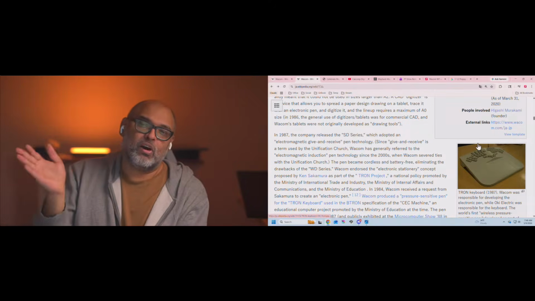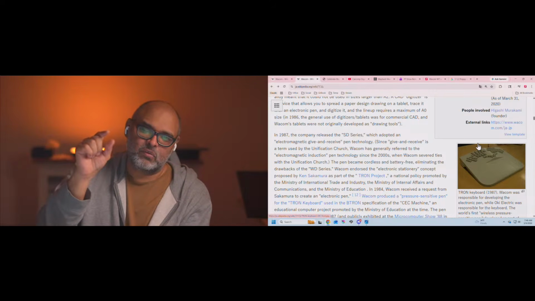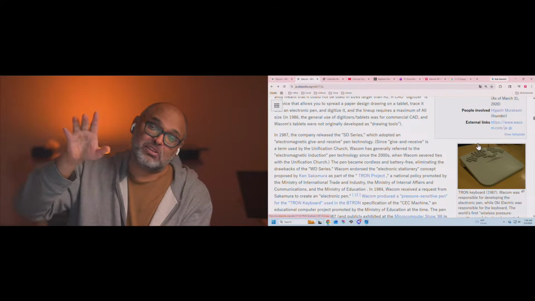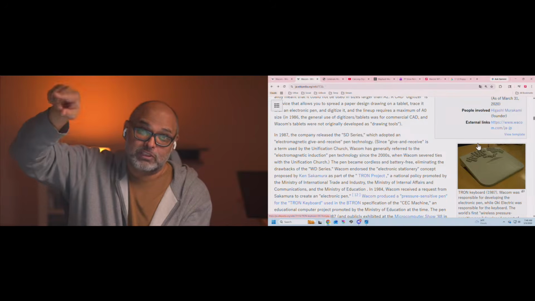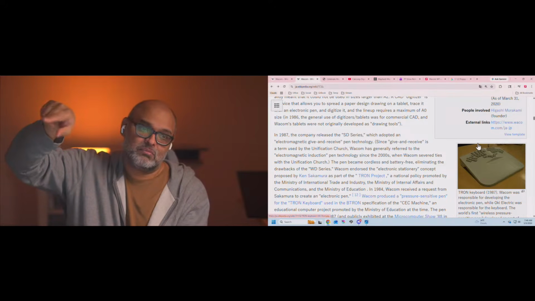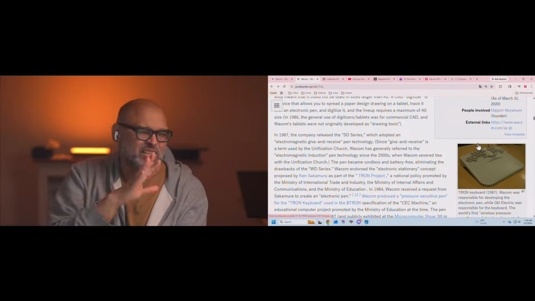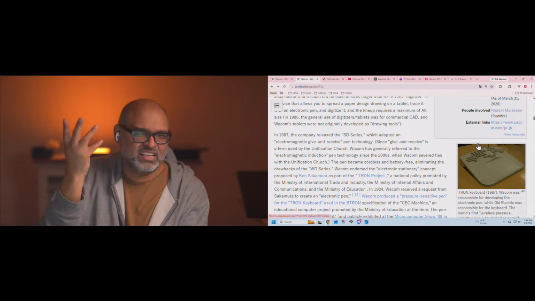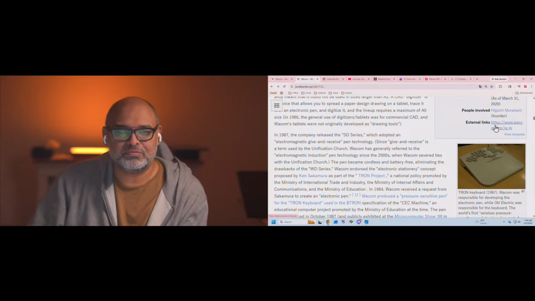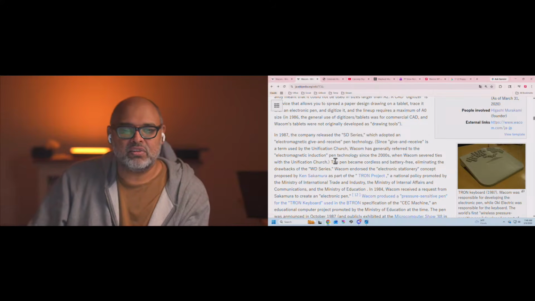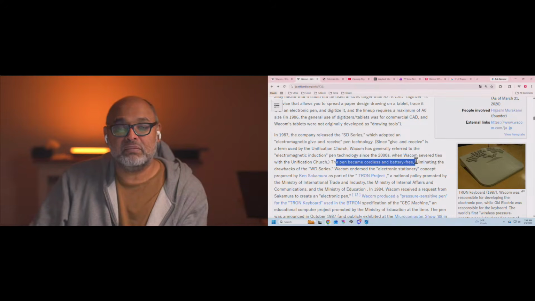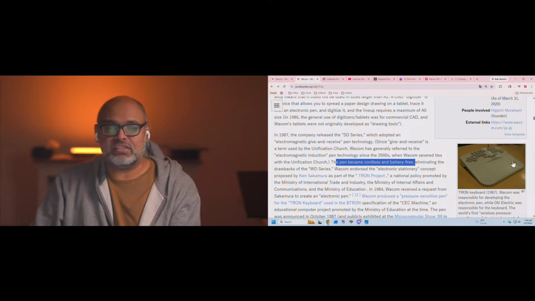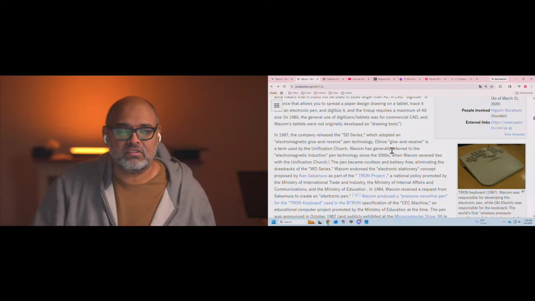Okay, so that's the core technology. The resonance part is that there's a circuit in the pen, which, I don't know how to explain this to you, but the current's like going back and forth really fast. That's the resonant part, okay? It doesn't really change anything about how you and I use the tablet. It's just a detail about the tech itself. Okay, so this is when the pen became cordless and battery free. Hi, Drinkwater, good to see you. Thanks for joining us, right?